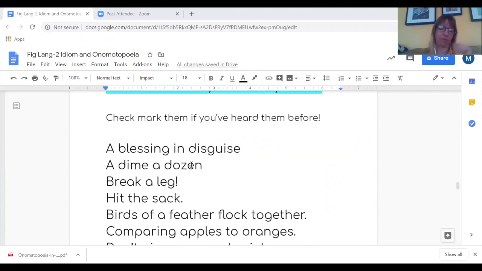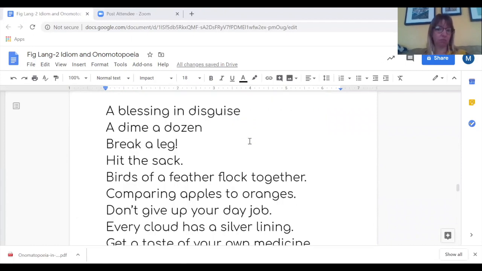So just make a check mark in your brain. Have you heard these before? A blessing in disguise: something wonderful that you didn't think was going to be wonderful. A dime a dozen. Hey, baby, those cats are a dime a dozen. They're everywhere. When you get on the stage, they say break a leg,